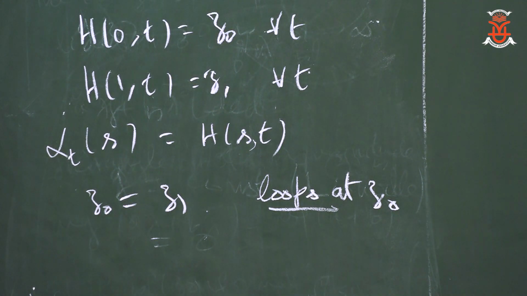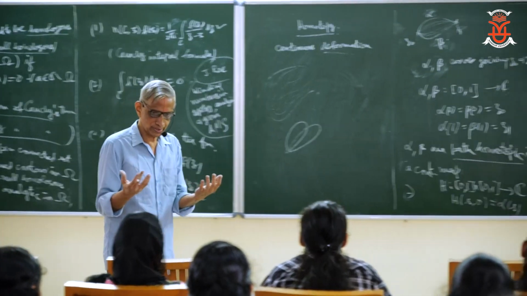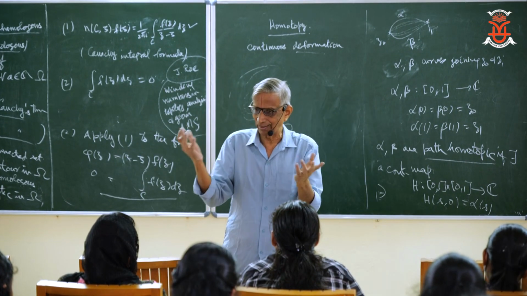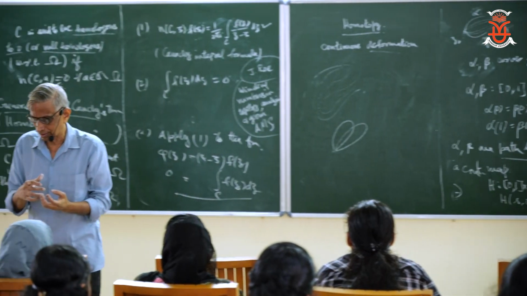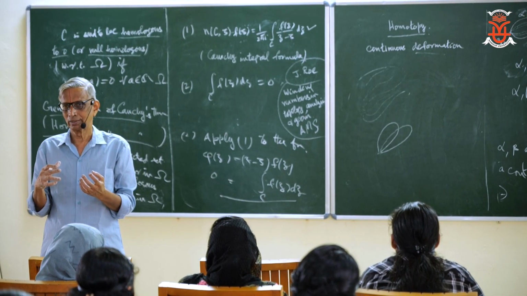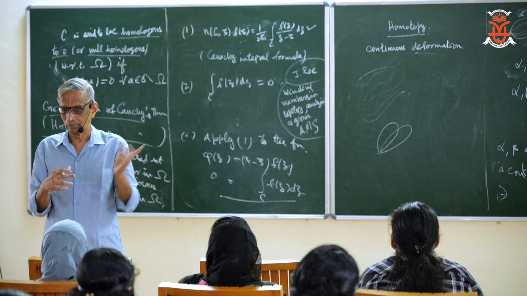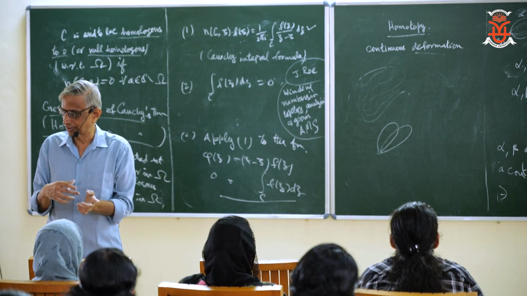So there are a couple of observations now before I get back to more about this path homotopy. If you have two closed curves in a domain which are path homotopic or loop homotopic,